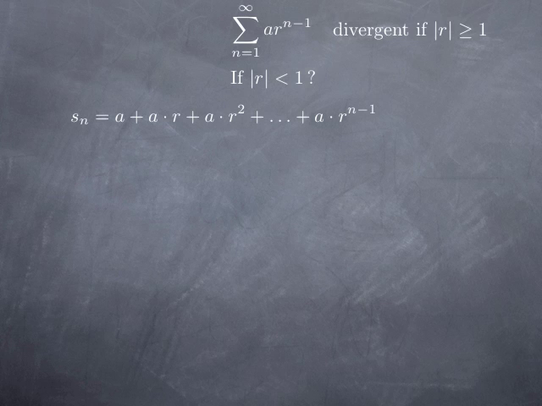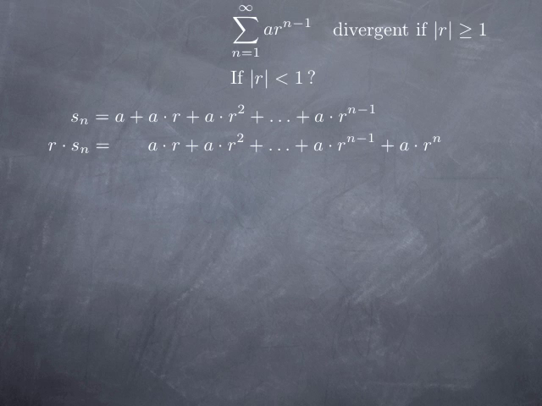So the partial sum Sn starts with a, and then we add a times r, then a times r squared, and so on, up to a times r to the n minus 1. Now if I look at the same thing and multiply by r, by the common ratio, then a is multiplied by r, I get ar as the first term, ar is multiplied by r, I get ar squared as the second term, and each term like that is multiplied by r, and I end up with ar to the n